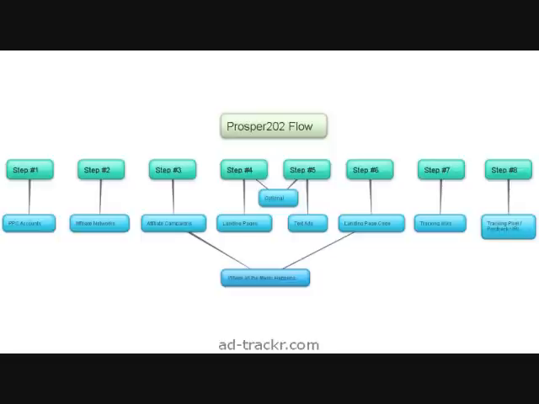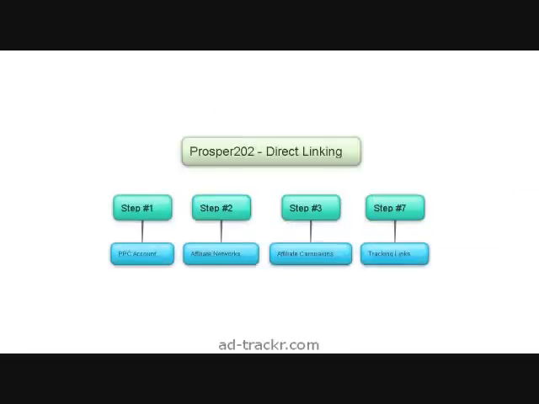So let's get into the direct linking flow. Direct linking for affiliate marketing is the easiest to set up, and only 4 steps are needed. This is for sub-ID tracking. When I tested it out, the tracking pixel didn't work for me with direct linking. This is for you if you don't want to have to worry about